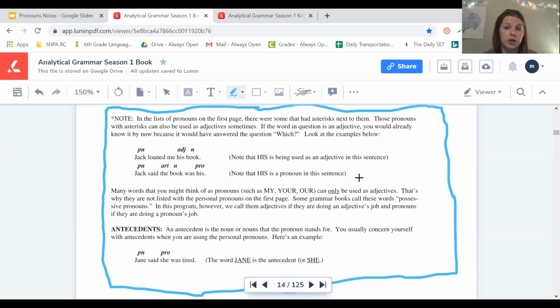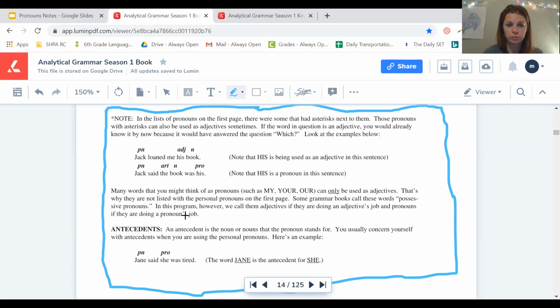Our exit ticket yesterday said, tell me the definition of a pronoun. And most of you got, it takes the place of one or more nouns. A couple of you did say something about it describes. It cannot describe because nouns can't describe. They get described by adjectives. So make sure you're paying attention to the exact definition, which is it's just a word that can take the